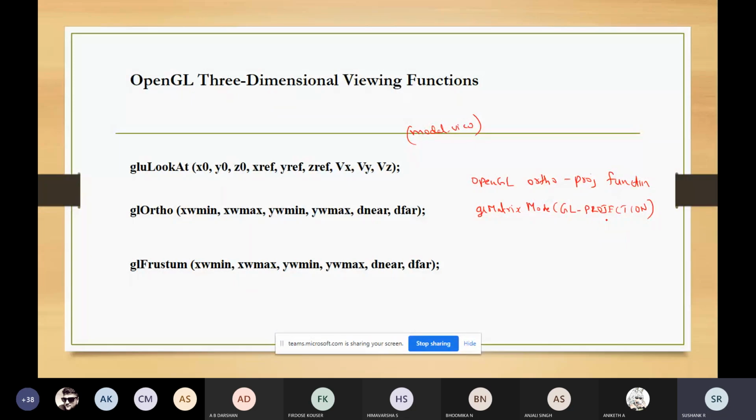After this, this matrix can be concatenated by using the function glOrtho. Here we have xwmin, xwmax, ywmin, ywmax, dnear, dfar.